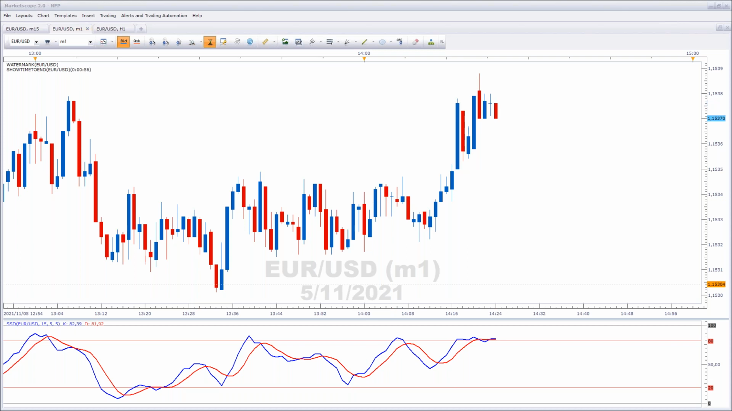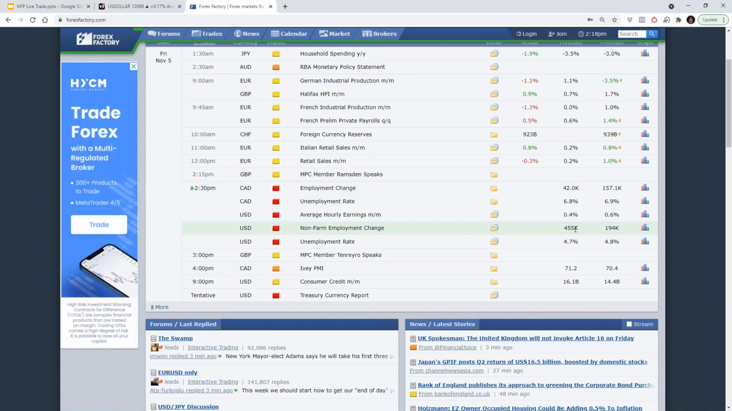Just want to go back to our calendar, and we have a forecast here of 455,000 jobs that were created in October. We've got an unemployment rate expected of 4.7. I think the unemployment rate here is the least important. It's actually a lagging indicator, but we want to really see the job creation, because if I bring up the histogram here,